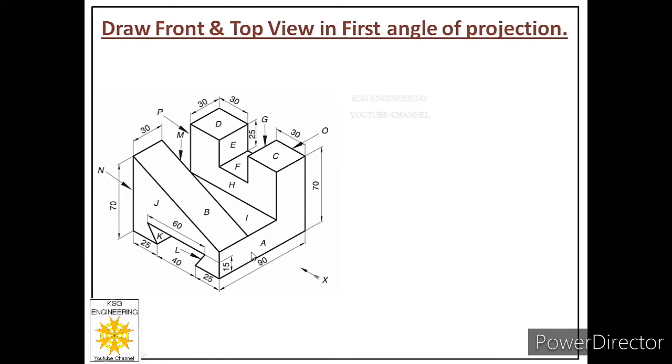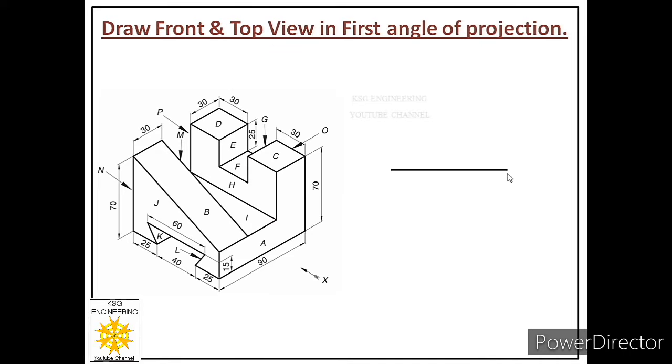It means we will start our drawing with face A. So in order to draw face A, we will start with the lower left corner. Let us mark this point on our paper, and from that point we will draw the length of this face as 90 millimeters. So let us first draw the length of face A as 90 millimeters on the paper. So we reached this point.